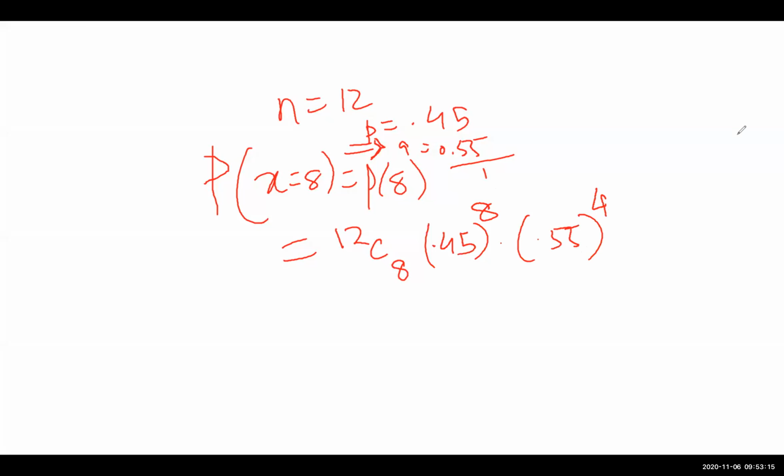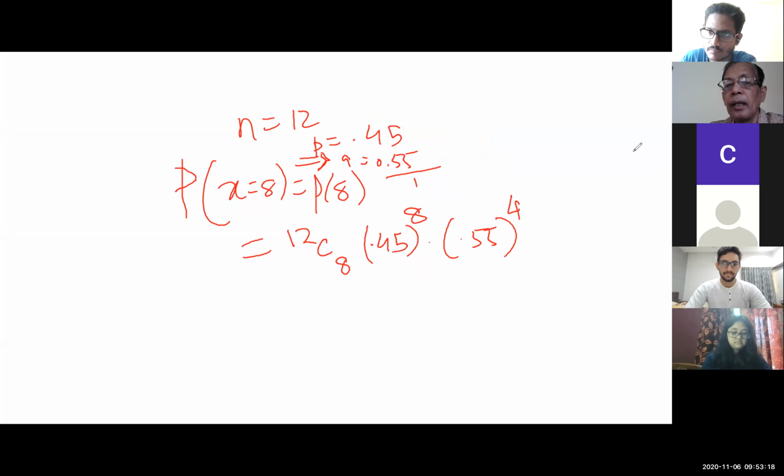David, now that was the Q doubt. Yes David. Sir, do you remember this formula? nCx P to the power X Q to the power n minus X. Yes sir. But I do not understand why it is 0.55. Yes, that is what I am saying, let me speak. P is 0.45, okay. Q is actually 1 minus P. If you subtract P from 1, you get Q. P plus Q equals 1. Now you understood? Yes sir. Thank you for asking. Okay.